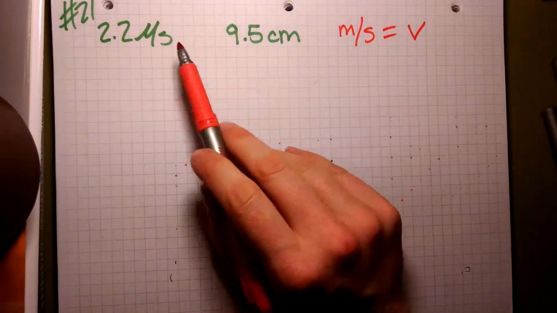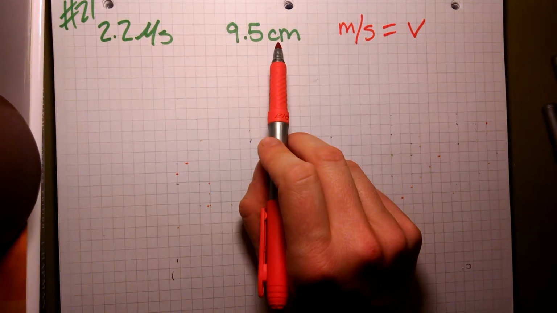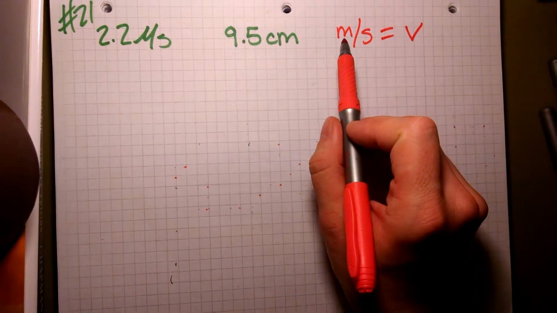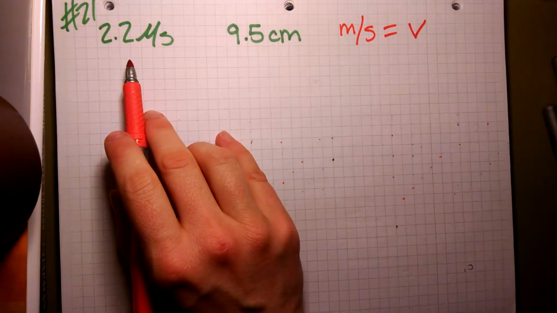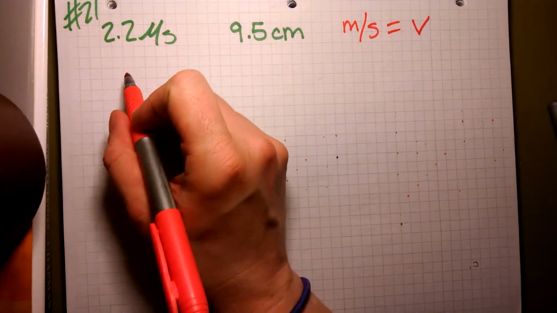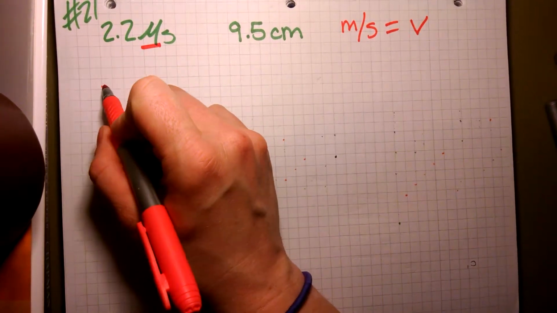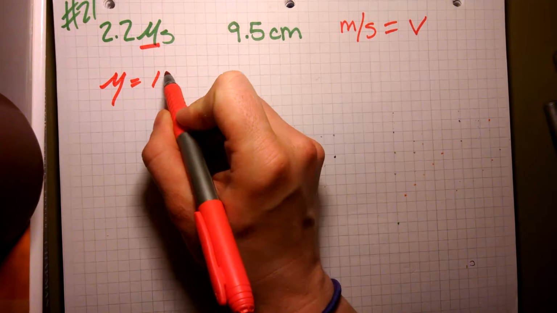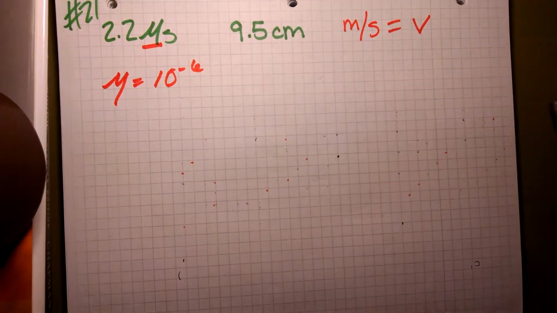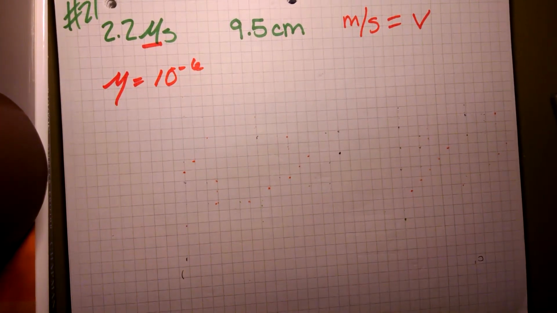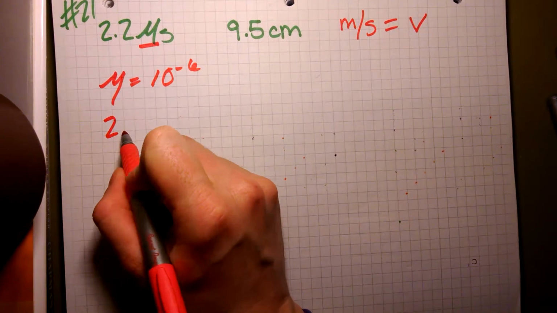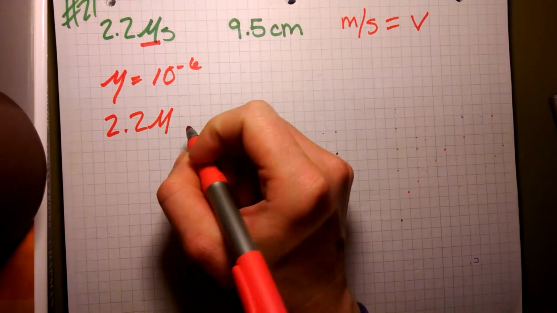So what we're going to do, we're going to need to convert both of these into meters and seconds. So first we'll start with the microseconds. Whenever you think micro and you see this little mu, you should think 10 to the negative sixth. I remember this from microbiology because we always worked with tiny little things. So you're going to have 2.2 microseconds